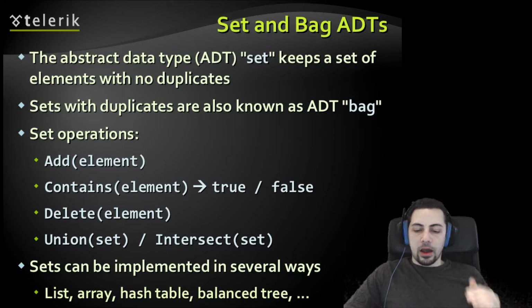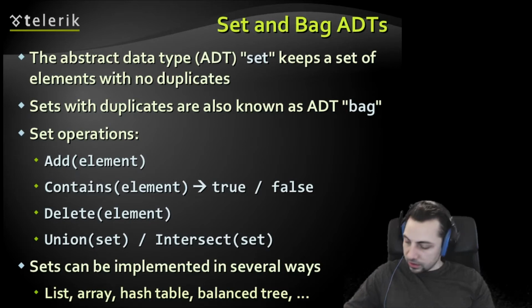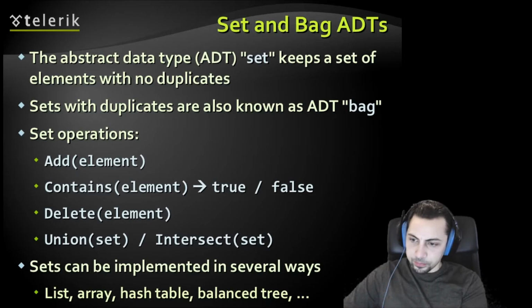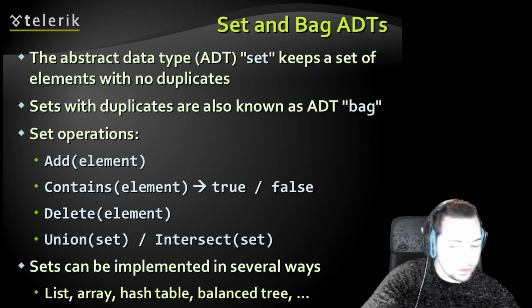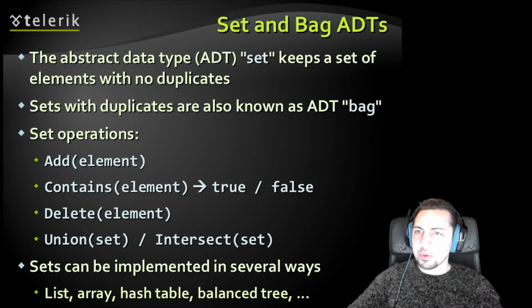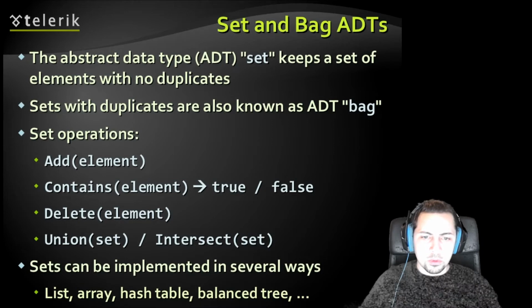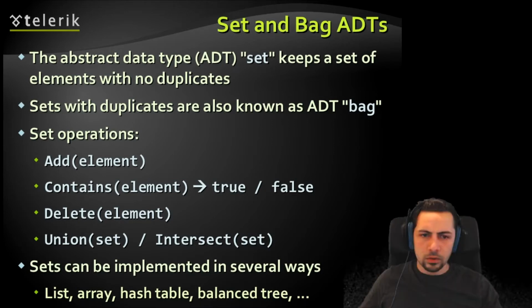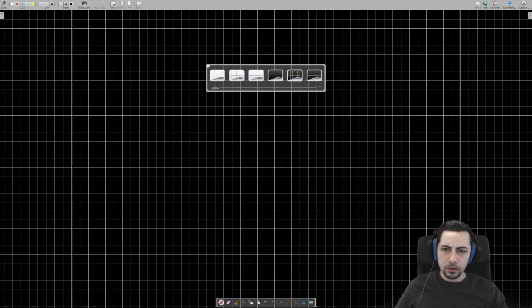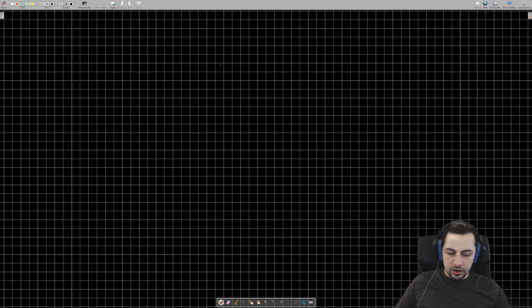Okay. Now, how we implement it is not really what we're doing today. We're talking about how to use sets. But if you're unfamiliar with the idea of a union or an intersection, all you need is the standard Venn diagram. Let's open up this here. So let's swap on over to that there, and then that there. Okay. So just as a reminder of what we're talking about with a set,